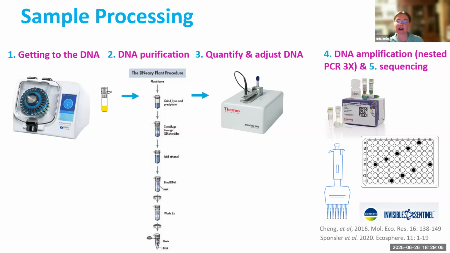And then the last steps are what I call the techie geek side of it. So we use a process called PCR. You may be familiar with this if you got a COVID test and it was a PCR COVID test. PCR is essentially taking a target piece of DNA that you're interested in. In our case, I'm interested in ribosomal DNA because that's what I use to identify the plant. Taking that piece of DNA and photocopying it millions and bazillions of times.